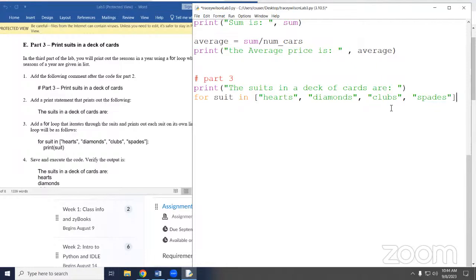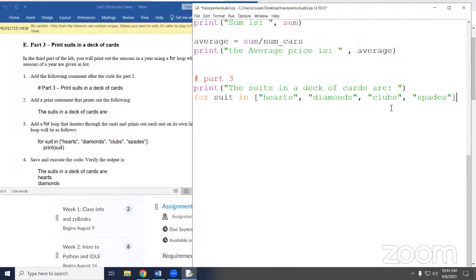In a list, because the square brackets mean list. And then I typed in all the pieces that are in the list. So there's hearts, diamonds, clubs, spades. Right? So I created a list with each element separated by a comma.